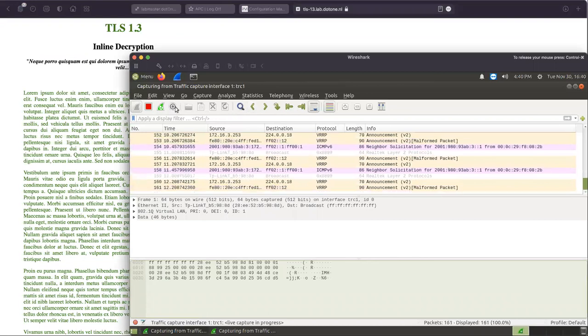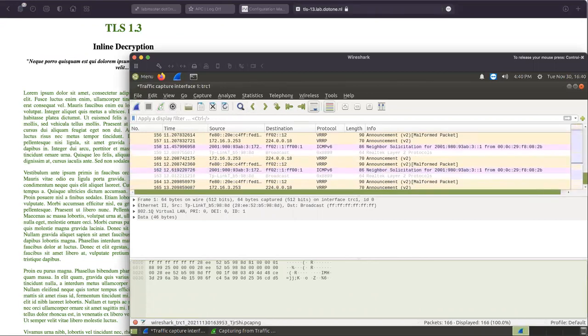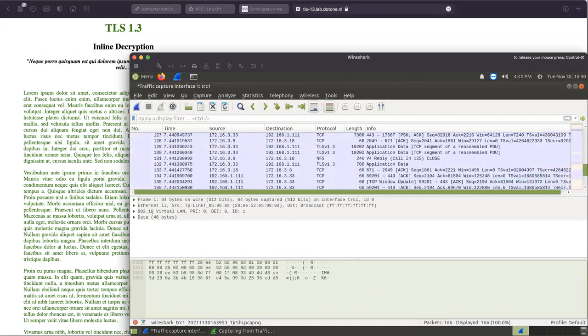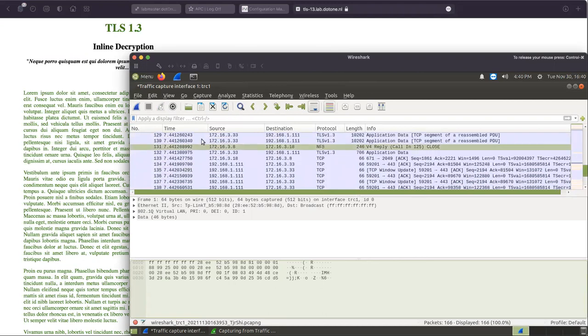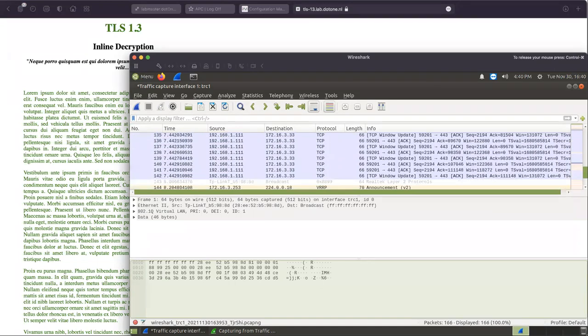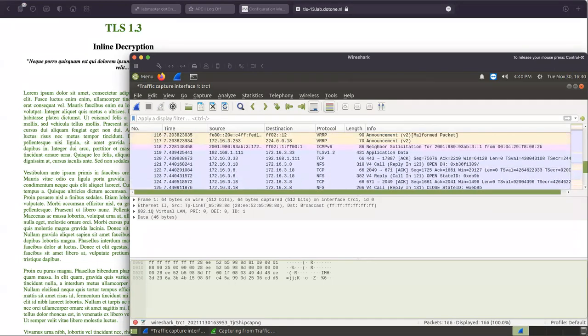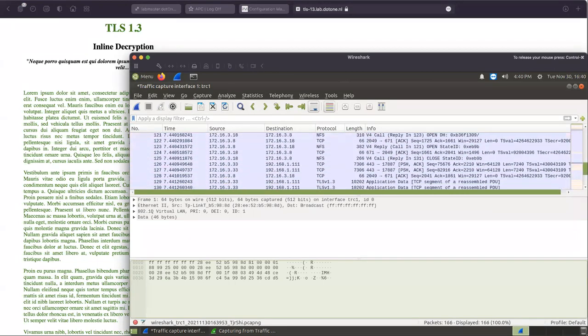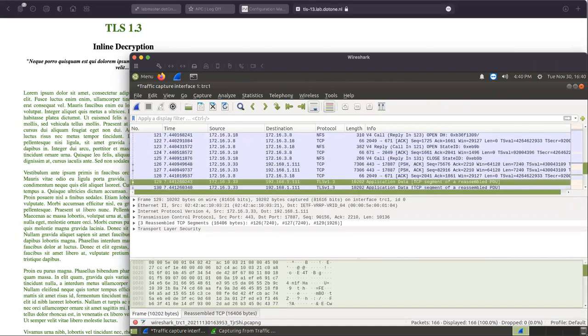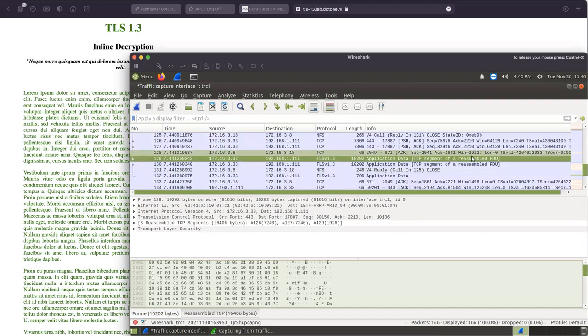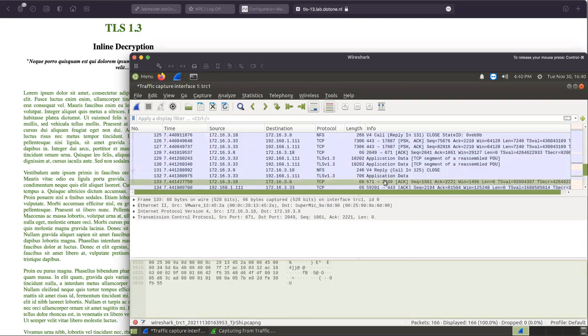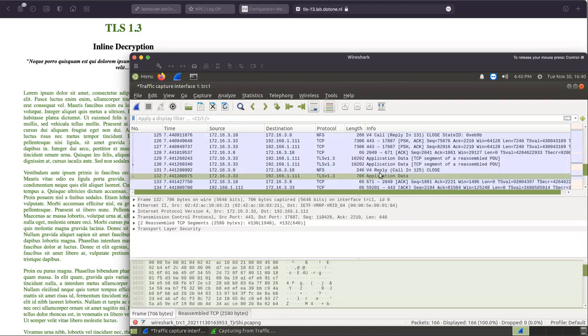Go to my Wireshark, let's stop it, and here we have the data, and we see it's TLS 1.3, and it's all encrypted traffic. We can't see anything, it's just application data, but we can't do very much with it.